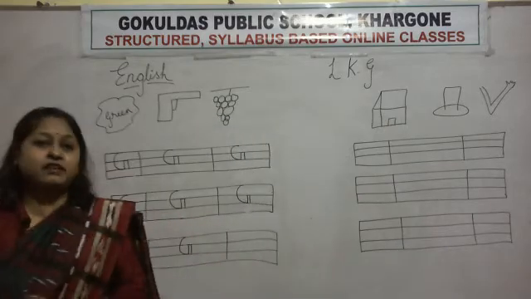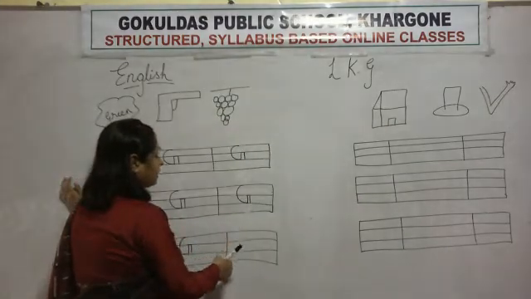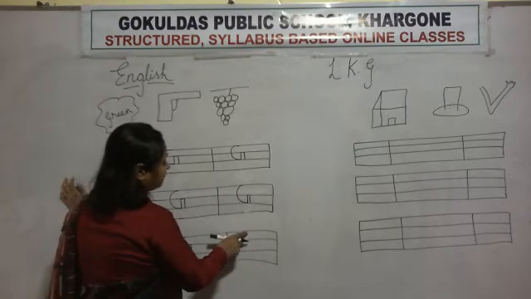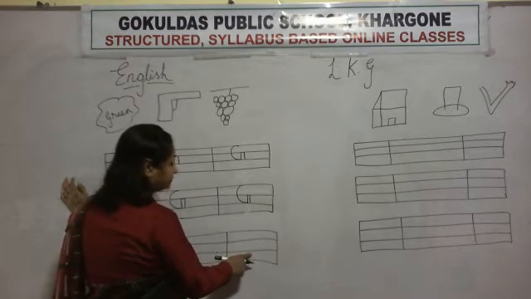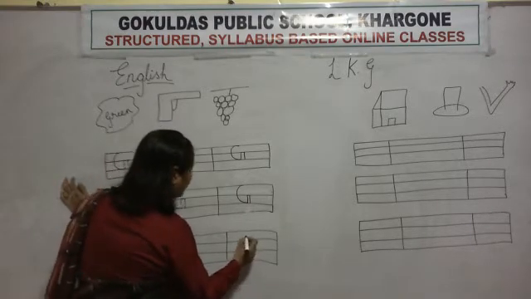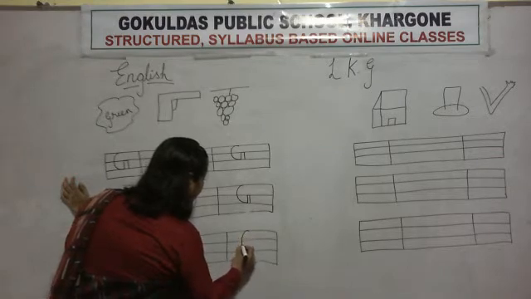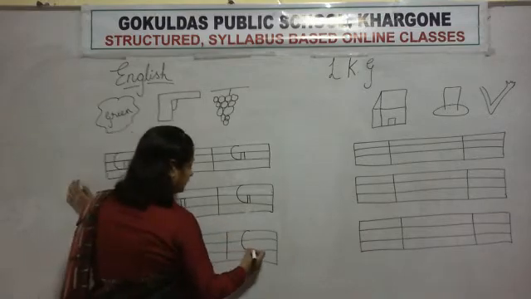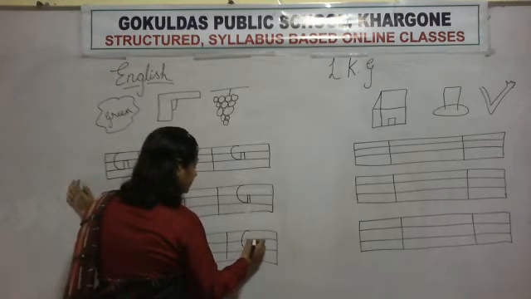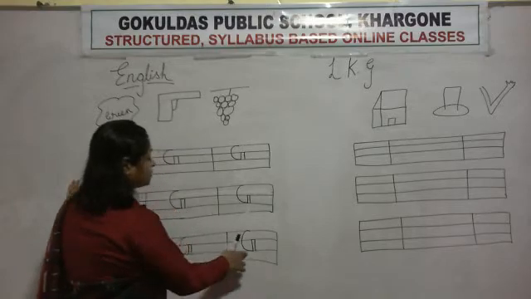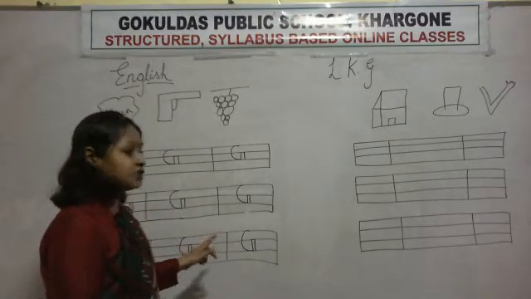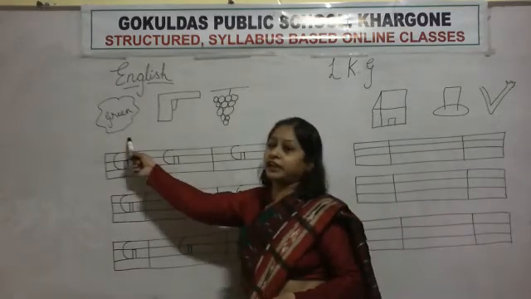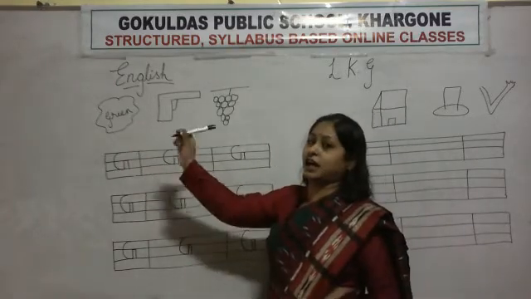Okay. Again we will write. 2 dots were given. How many dots were given? 2 dots. One is up on the upper line and next is on the base line. Again we will write half curve from upper line to base line. Then up, sleeping line, down. G. Which letter is this? G for green. G for gun.